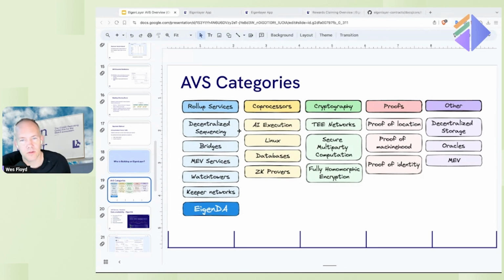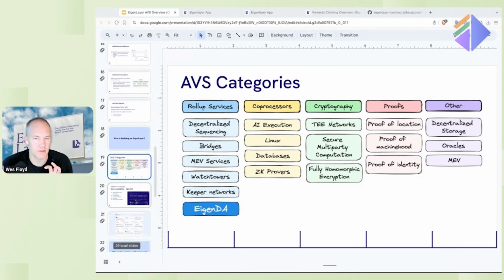And then moving into the right, you see some folks trying to solve problems that are more traditional computing, like AI inference or general purpose databases, general purpose compute. There's all these interesting solutions that are building trusted execution environment networks, off-chain proving. And one last consideration, as you're building your AVS, you may choose to build all of your AVS on your